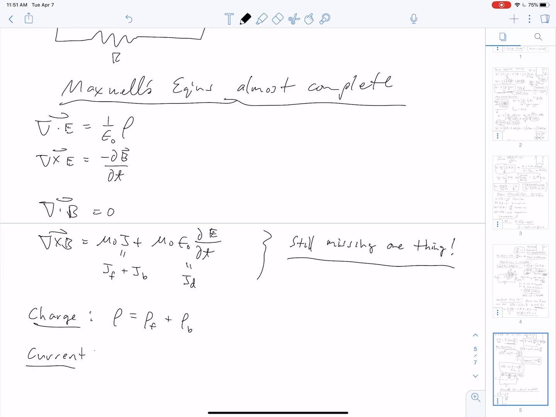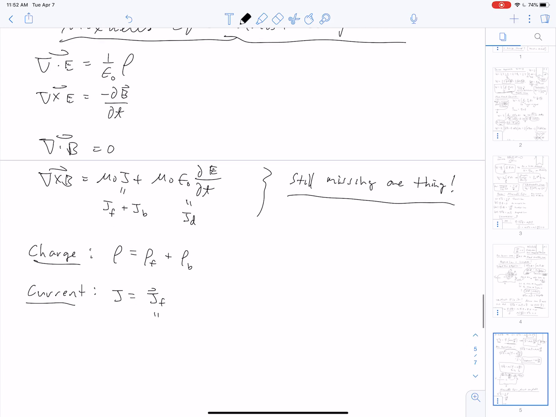And we know that current, J, is equal to, now we have 3 currents. J free, which we know what it is. We can think of that as what happens when the free charge density is moving with some velocity. So rho free times velocity is J free, and we have the bound current density, and we see that that's equal to